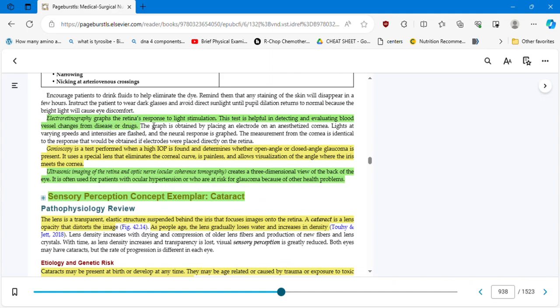Electroretinography records the retina's response to light stimulation. This test is helpful in detecting and evaluating blood vessel changes from the serum drugs. Gonioscopy is a test performed when a high intraocular pressure is found and determines whether open angle or closed angle glaucoma is present. Ultrasonic imaging of the retina and optic nerve creates a three-dimensional view of the back of the eye. It is often used for patients with ocular hypertension or who are at risk for glaucoma because of other heart problems. So let's stop here,